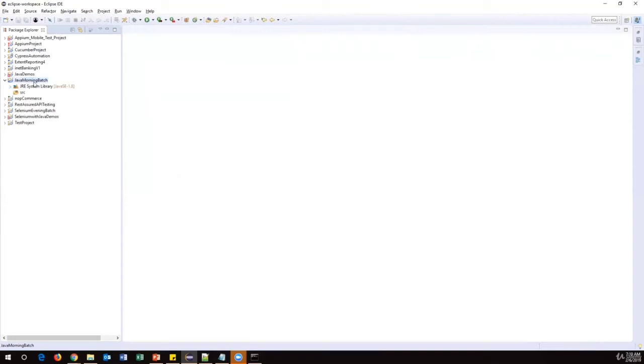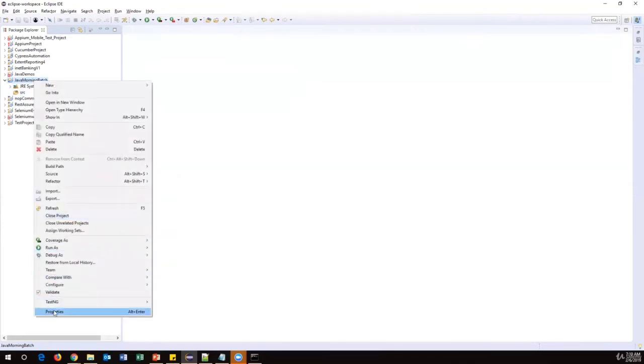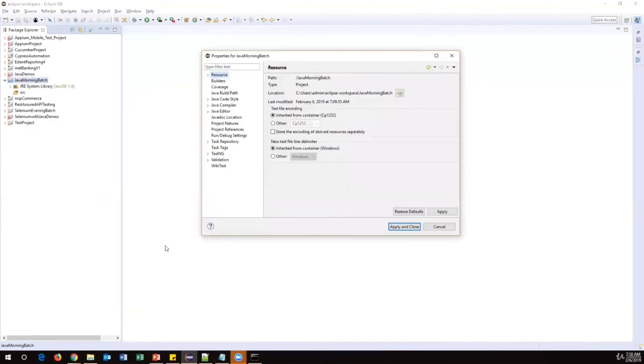Now let's see how we can create a very basic Java program. src is a root package, and a package is simply a kind of folder. If you right-click on this project, go to Properties, and under Resource, you can see the path where this project is created.